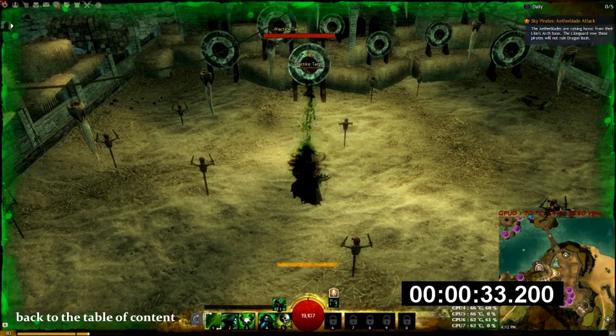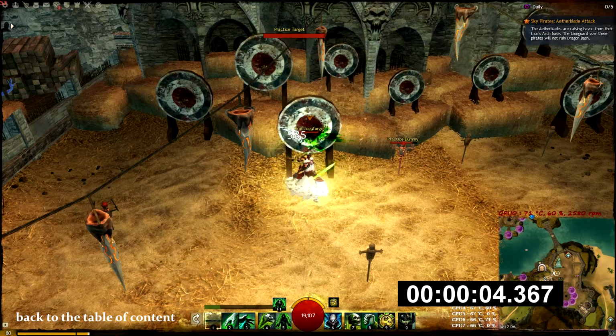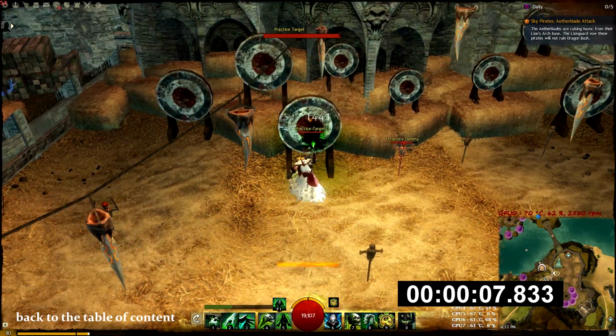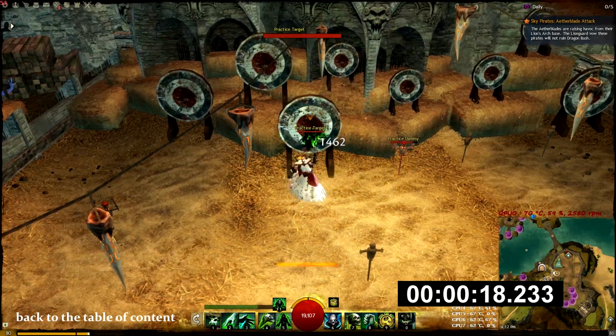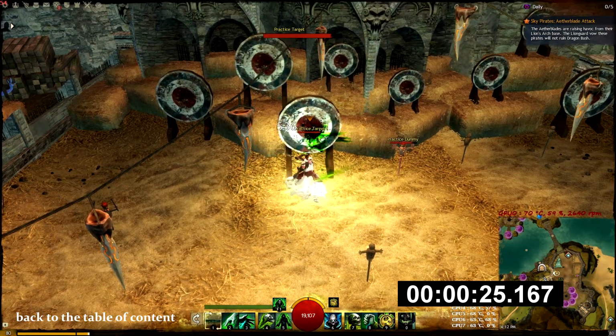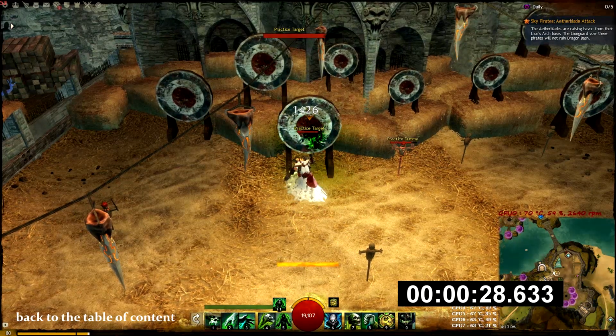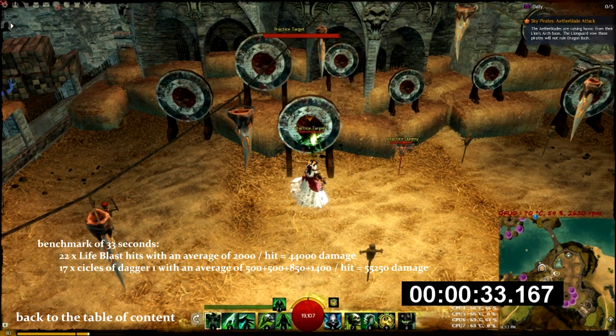So let's see how many cycles of Dagger 1 attacks we can do in 33 seconds. 1 cycle, 2 cycles, 3 cycles, 4 cycles, 6, 7, 8, 9, 10, 11, 12, 13, 14, 15, 16, 17. So as you can see, the Dagger 1 spam has a higher damage output by about 20%, but you